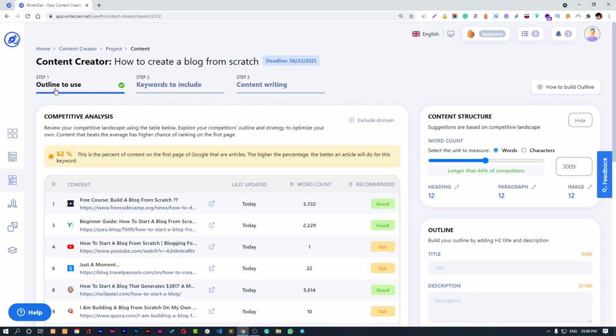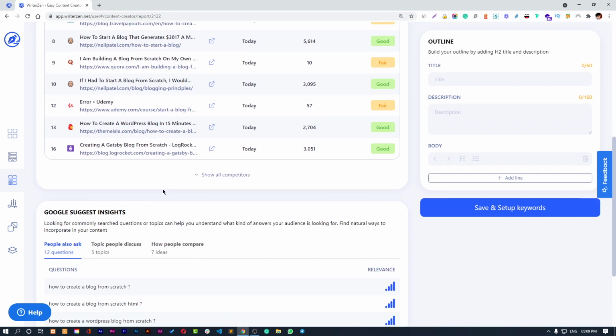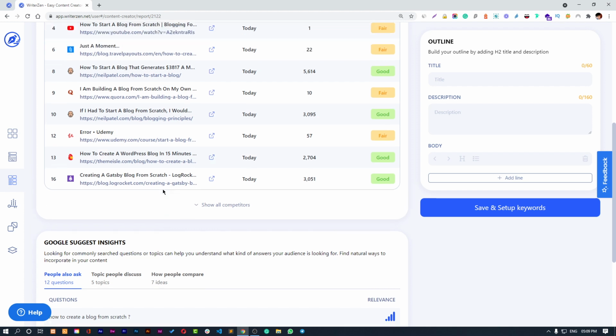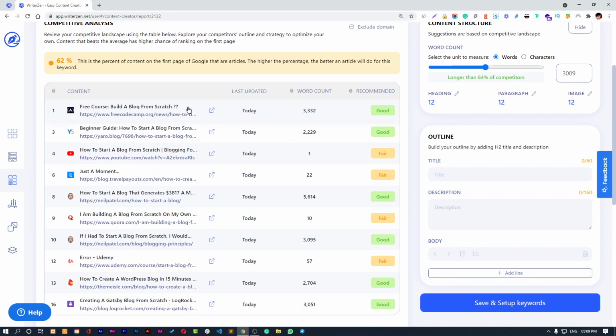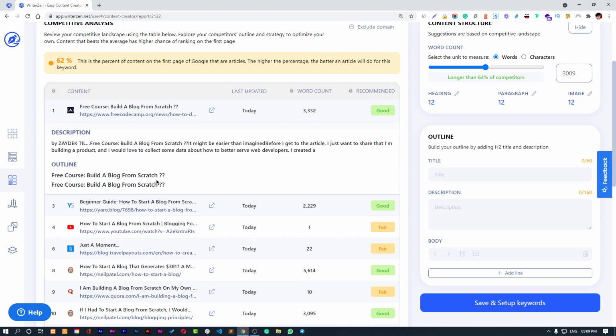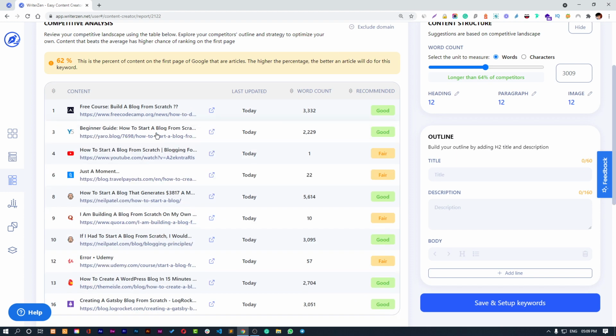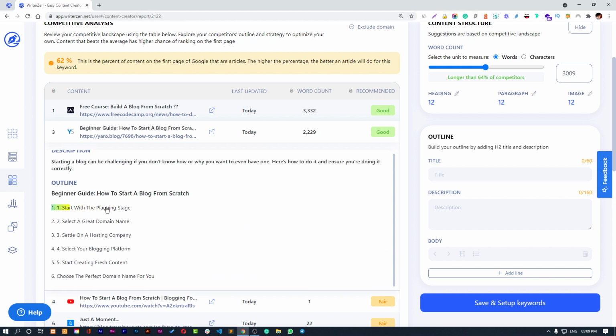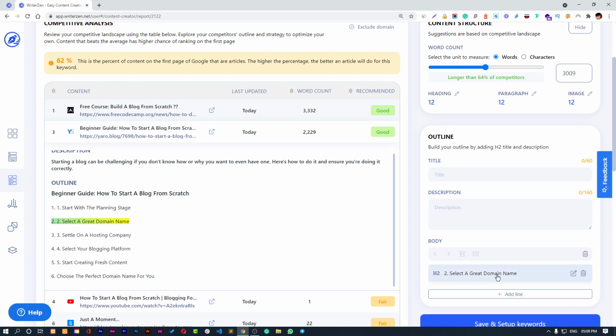In the outline to use, you can use the outline for your content as you generally create. Like if you are creating long content of around 5,000 words, then you probably don't get right into writing, and you first create the outline for that by going through the competitors' content and all that. But here you get all the competitors. That's pretty amazing. Just click on it and you are going to get the outline of their websites. Like you click on this, probably you will get all the outlines. If you want to use any outline, just hover on the outline, click on it and it will be added to your content outline, right guys?